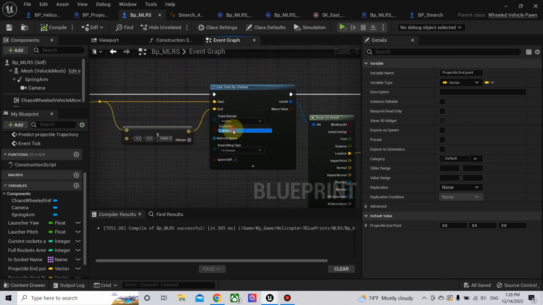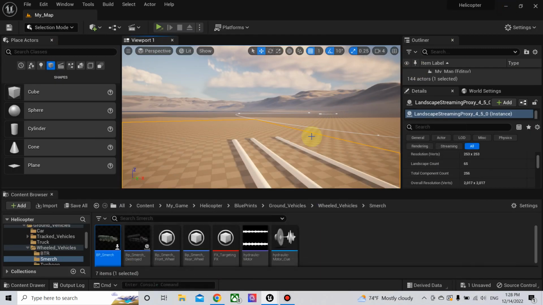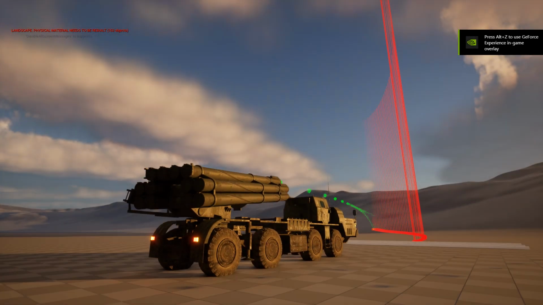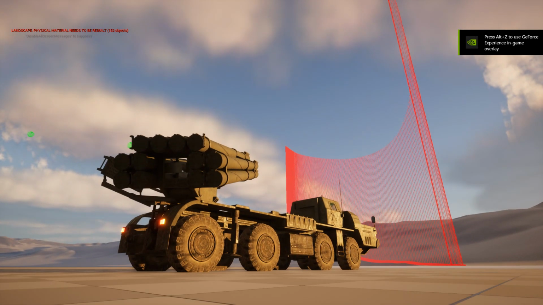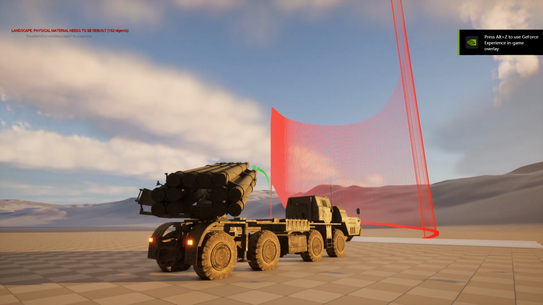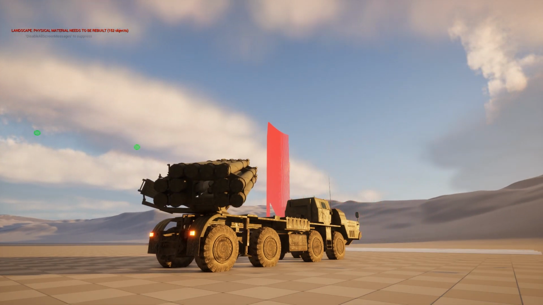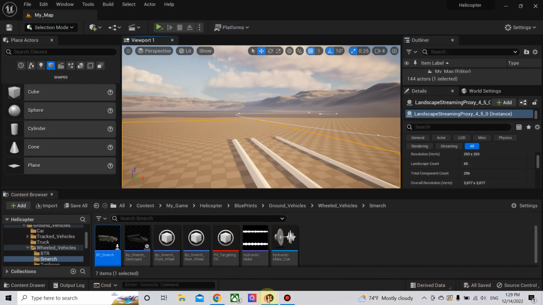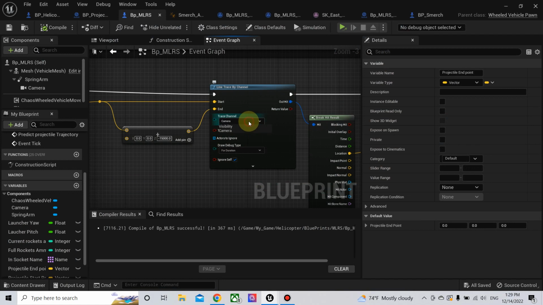Maybe let's change it to camera. It's not the trace, it is the